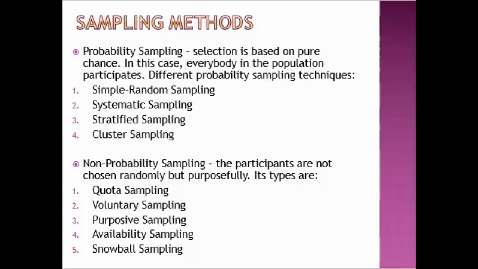In systematic sampling, chance and system are the ones to determine who should compose the sample. For instance, if you want to have a sample of 150, you may select a set of numbers like 1 to 15, and out of a list of 1,500 students, you will take every 15th name on the list until you complete the total number of respondents to constitute your sample.